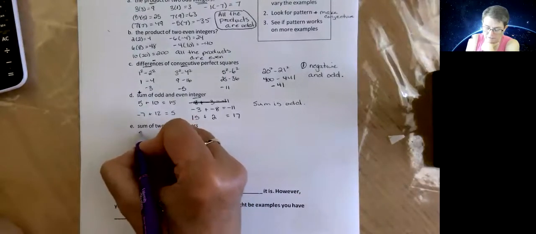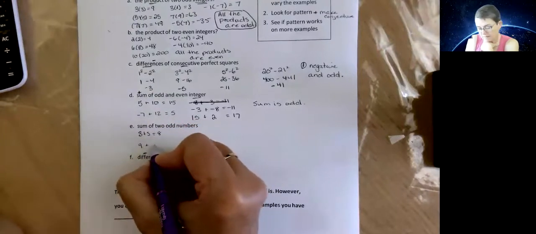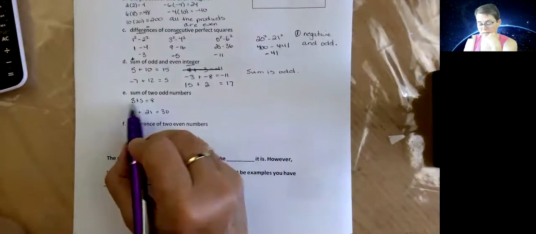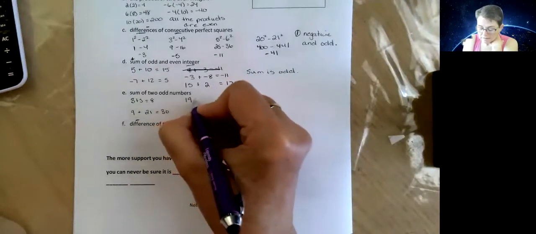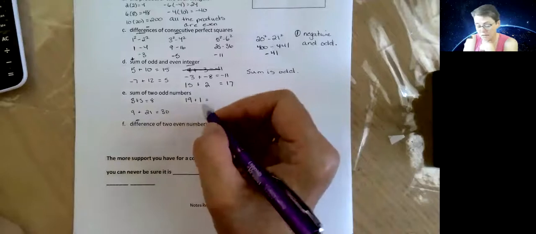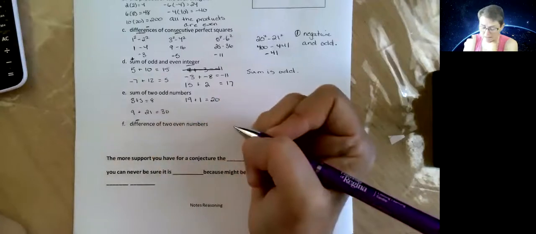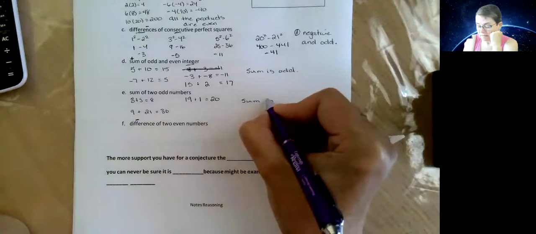Sum of 2 odd numbers. Okay, so 3 plus 5 is 8. 9 plus 21 is 30. And I'm just picking these numbers at random. So these ones were kind of one after another. These ones are far apart. 19 plus 1, so small one, big one, small one, big one. Now let's go big one, small one. 20. I don't even know what other options we can make. I think I've got enough. What do you say? The sum is